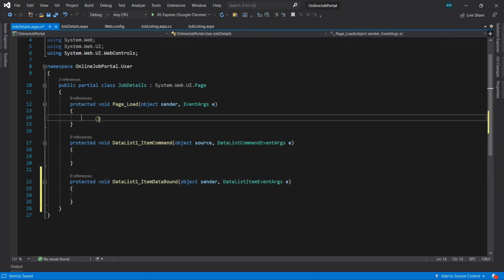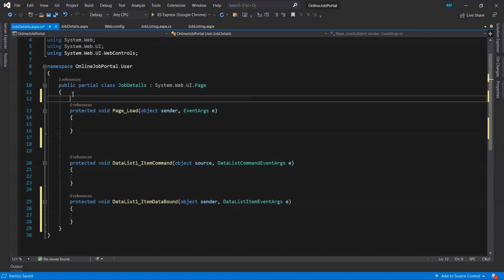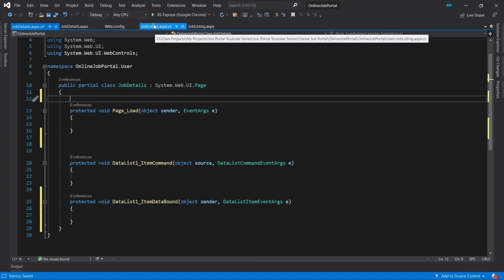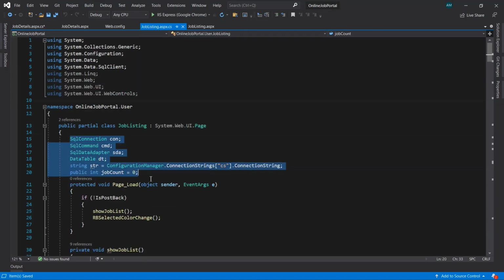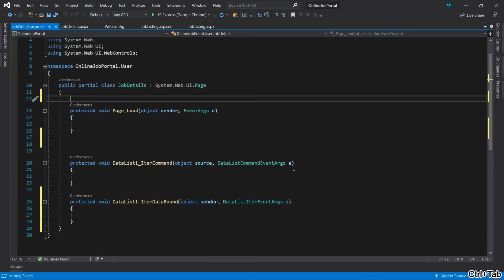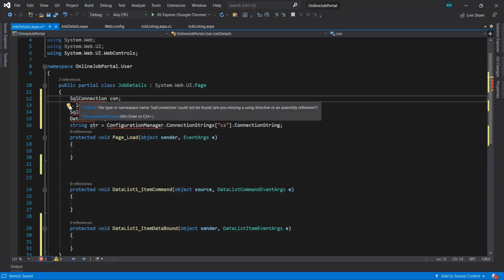So for that let's take one function. But before that, let's take some common code that we are going to use in this page. Let's copy from the previous one. Open this, copy it, paste it here. Let's add the namespace.